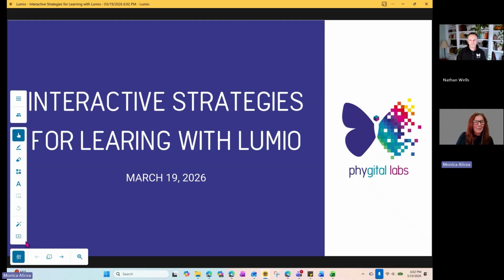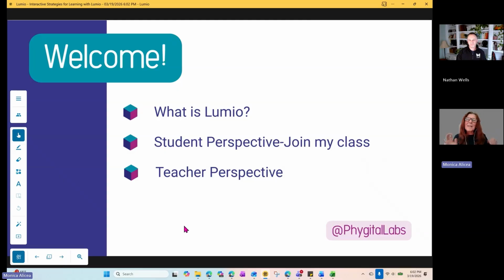Okay, so as Nathan said, this is Interactive Strategies with Lumio. And so what is Lumio? Lumio is a web-based tool that you can use with your students, and also for professional learning. If you are a coach, you can use it in professional learning, where you can take things that you already have, whether you use Canva, Google Slides, or PowerPoint, and use those in conjunction with Lumio